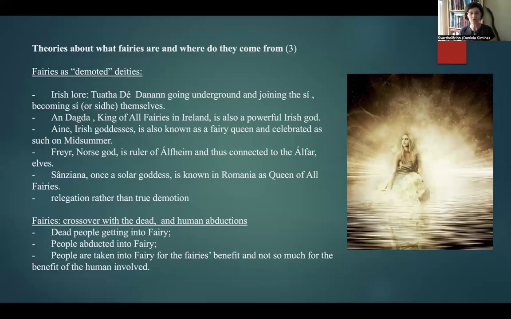that makes crops mature and grow. Also, at midsummer, in both Romanian and Irish lore, it is said that fairies bless medicinal herbs, or herbs to be used for medicinal and magical purposes. And we'll go back to that in a second.